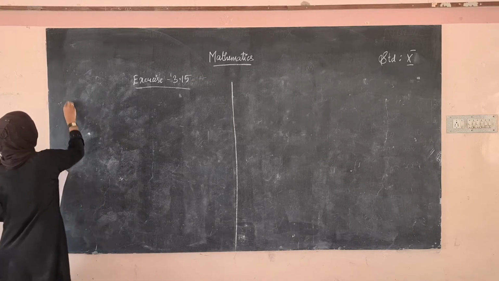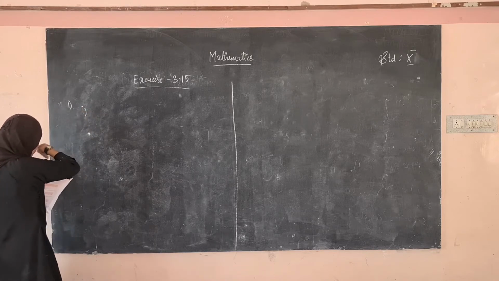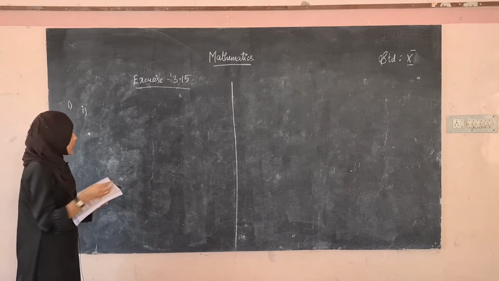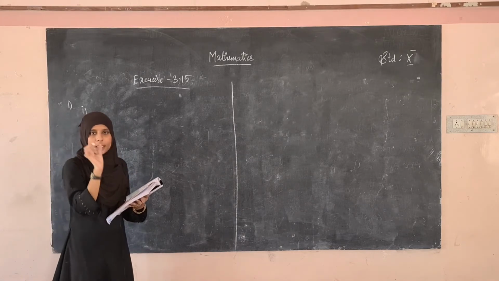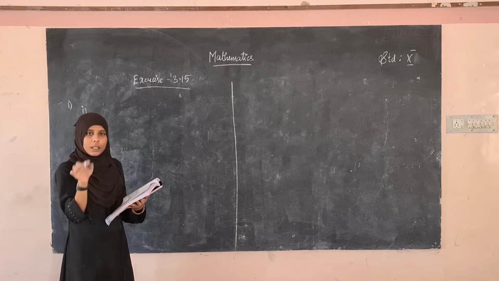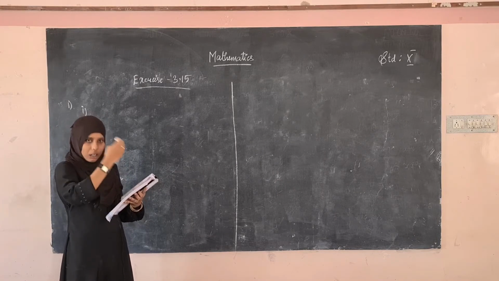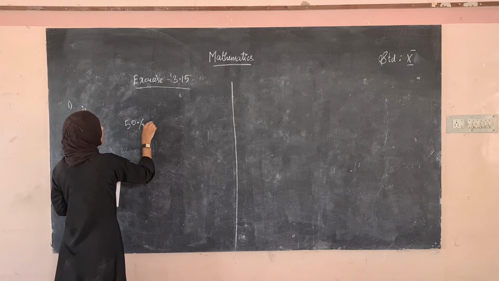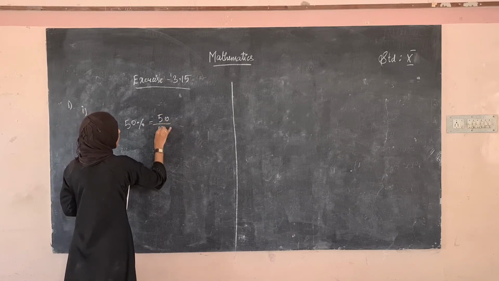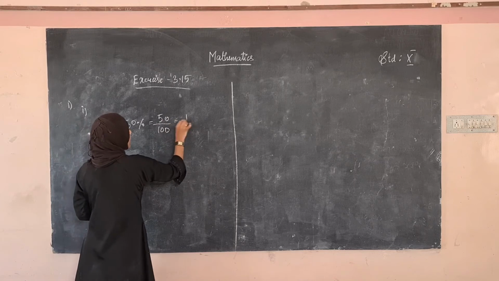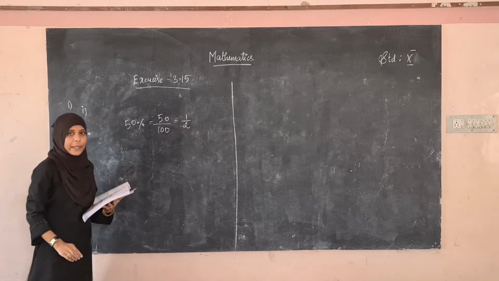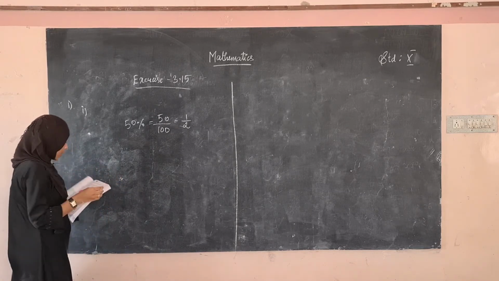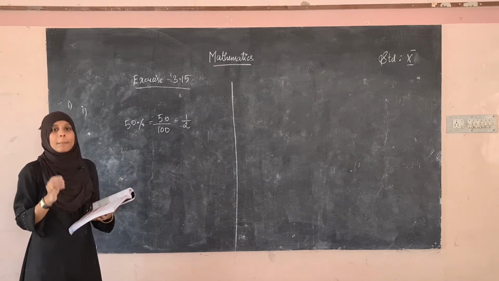So the market price of customers. The market price is the price that is marked on the things. The discount price is half the amount. 50% means what? 50% is 50 in 100, that is 1 by 2, right? That is half of the price of everything. So discount price is half of the market price. So in the first question they have asked us to find the market price.